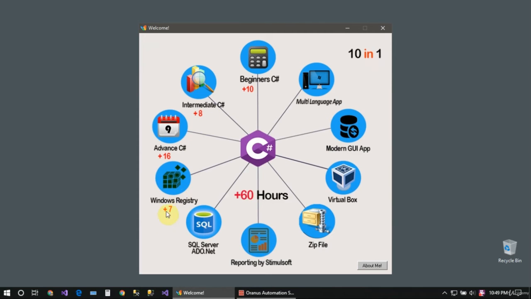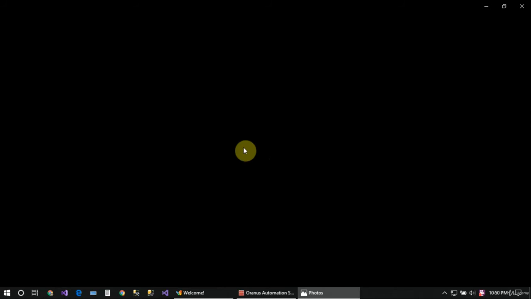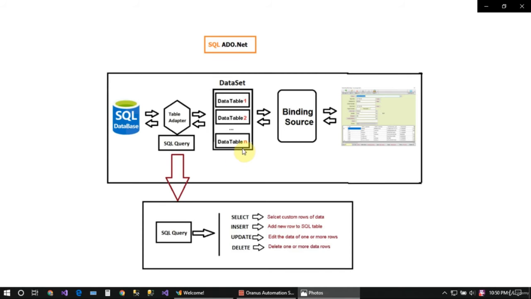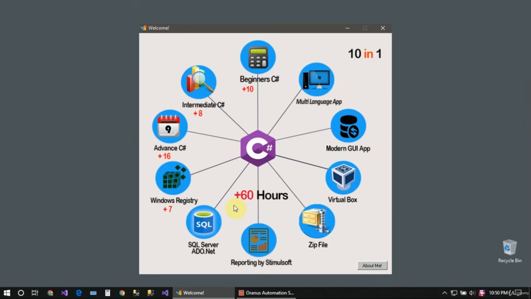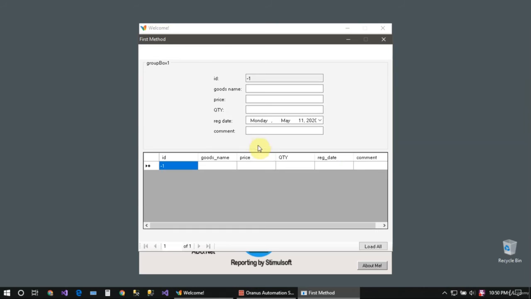And the next course is about how to start working with SQL Server. First of all, I'll show you how to start working with SQL Server. Then I'll show you how to create your database in SQL Server and how to start working with SQL Server ADO.NET technology for connecting your SQL Server database to the Windows form. And the result is a simple application, and this is the application that you're going to learn how to create